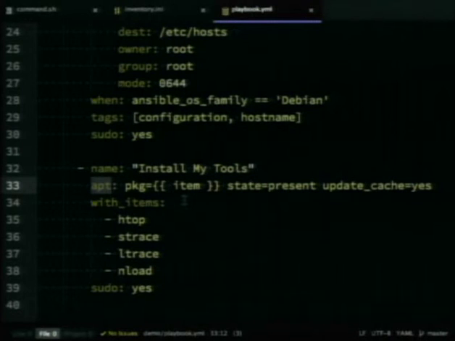They can run with sudo credentials, which is why it prompted me for that password. And it's just going to make sure that all of them are present. State equals present. If they're already there, it's not going to do anything. If they're not there, it will install them. And while it's doing that, it will make sure to update apt's cache. Now, if you're not familiar with Debian, basically what this is doing is installing these 4 packages if they need to be installed.